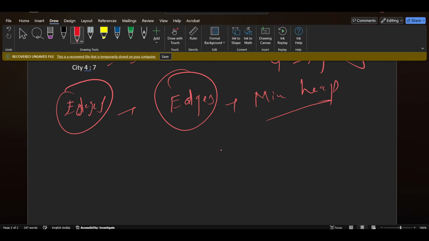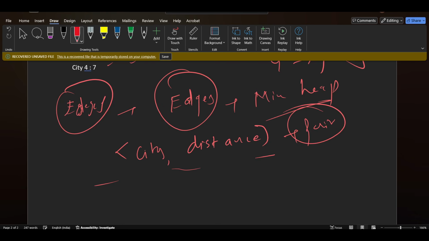And what will the entries contain? The city and the distance. The whole pair will carry city and distance. So for each city and distance we will be calculating from the min heap.